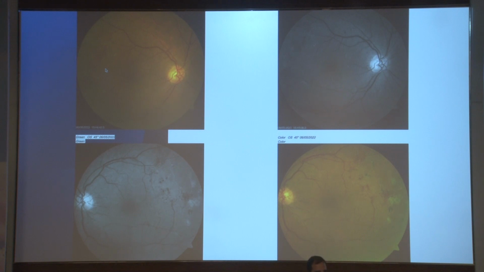Which is the third? Okay, so if you see, we can see a neovascularization over here in the right eye, as well as a neovascularization for the left eye. This is very well seen in the red-free photograph over here and right over here. So this patient was not a good candidate for dexamethasone implant, and thus we went ahead with an appropriate anti-VEGF